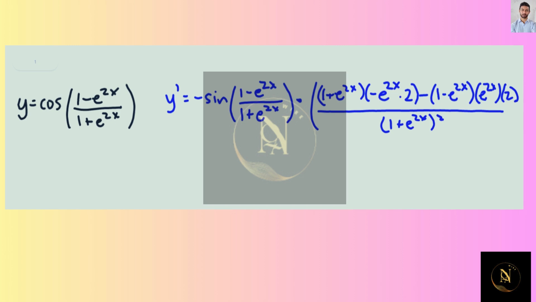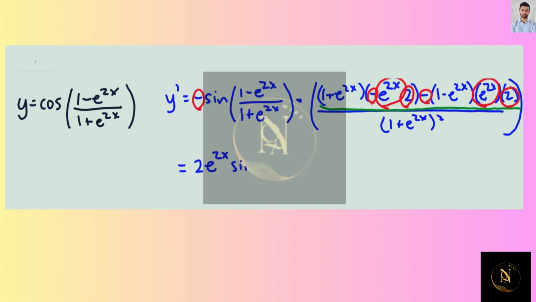Now what we want to do is see what we can do to simplify that second numerator. And I suspect that what we might do is factor some things out. So let's see what we could factor out of both. So we have a negative that we could factor out of both. We have a 2 that we could factor out of both. And we have an e to the 2x that we could factor out of both. So when we do that, because we're factoring out a negative, it's going to cancel with the negative on the outside. So we're going to have positive 2 e to the 2x